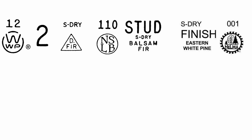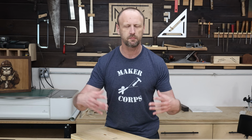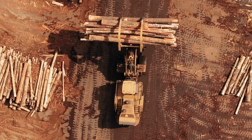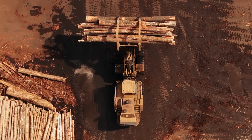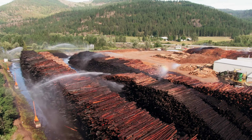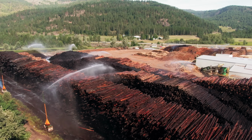Stamps may look different, but they all kind of say the same thing. Now, if you go to your lumber yard and you see different types of stamps, then that means that the lumber is coming in from different geographic areas. And each one of those areas may have its own accrediting agency or body, and they regulate how that stamp looks. If you have all the same type of stamp, well, that means your lumber's probably come from the same